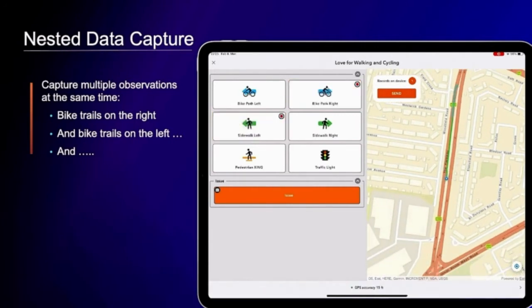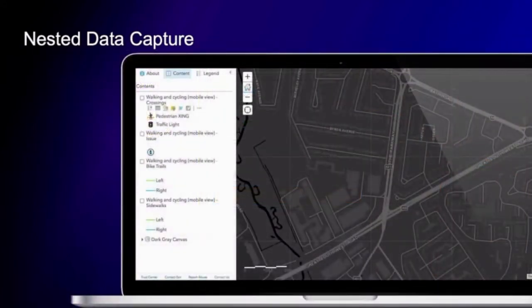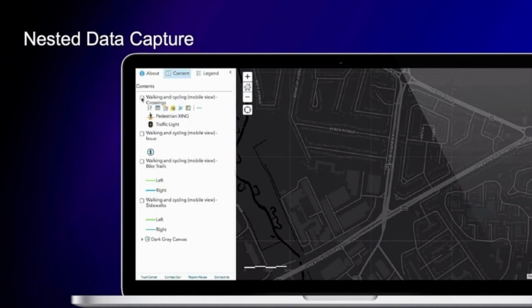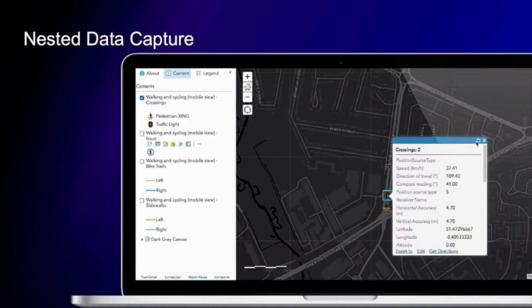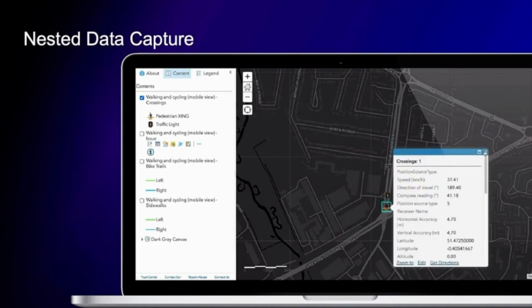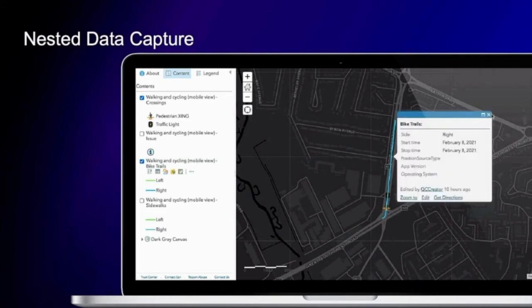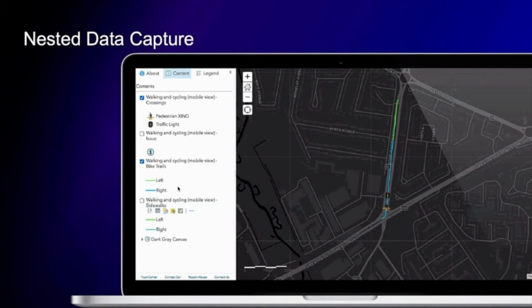Essentially, you can have multiple line buttons active at the same time, and the point buttons can be captured or pressed independently. Once captured and sent, we can view those submitted records or features in the map. Each layer has been symbolized by type. Here we have the traffic lights and pedestrian crossing features, and if we turn on bike trails, you can then see the bike trails with a feature for the right and a feature for the left side where we were